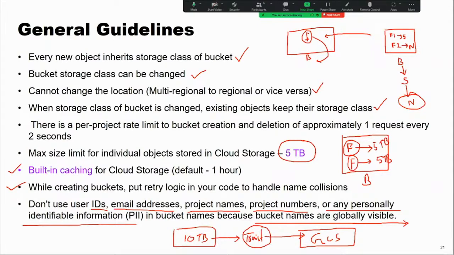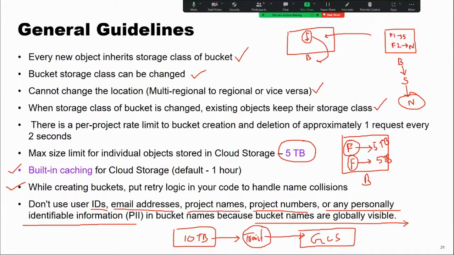If they wanted to store extra data, they have to go and buy extra equipment for the storage. Managing that data is not easy either. Even though I plugged in everything and all the connections are good, if I wanted to retrieve the data, it takes a lot of time. And loading the data from one storage device to another was also taking a lot of time at that time.